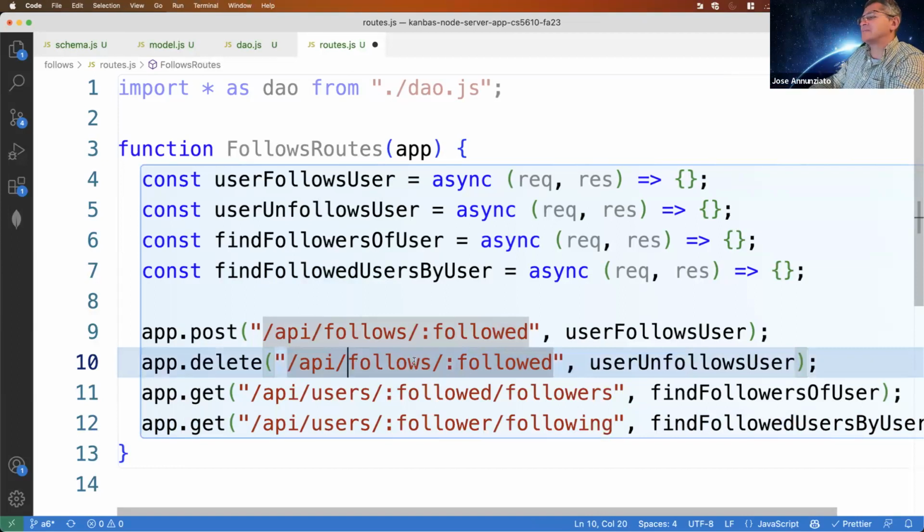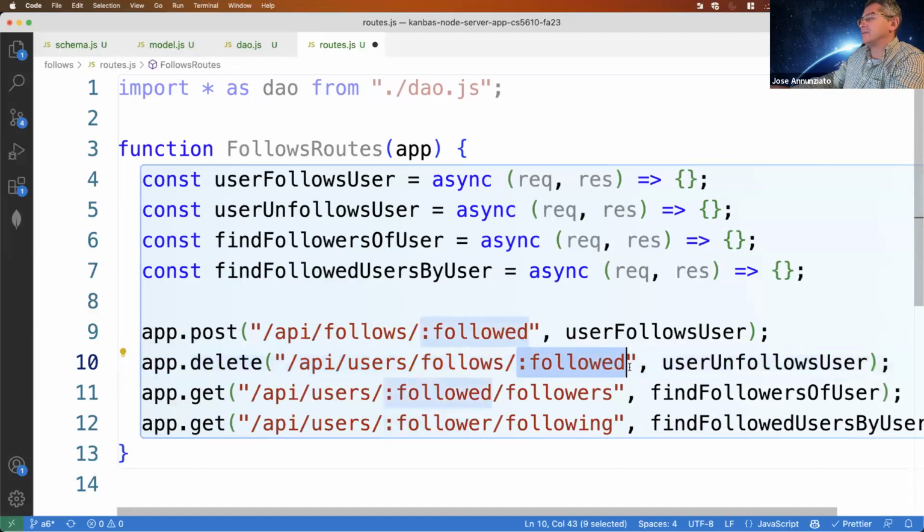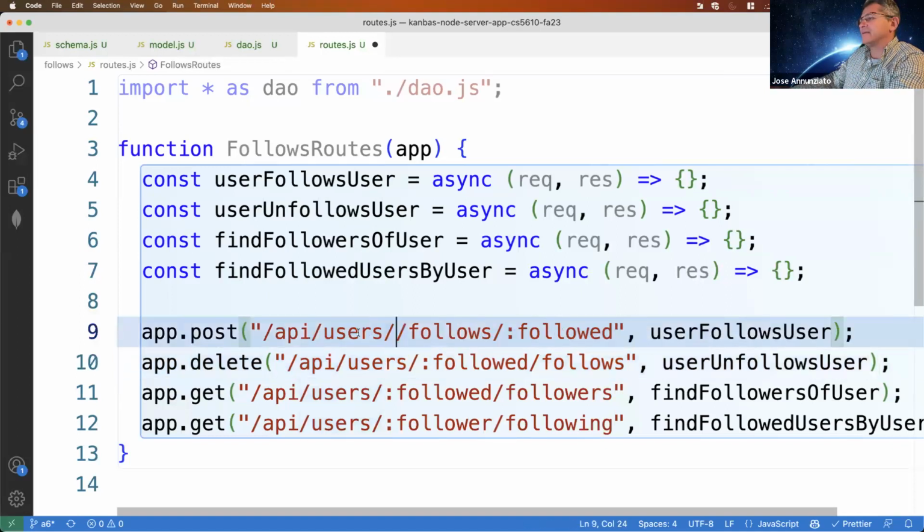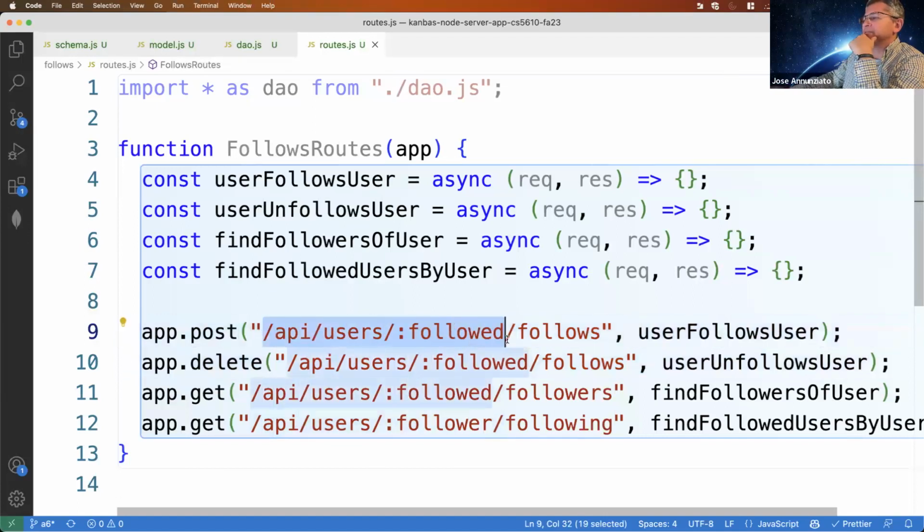Okay, so I like maybe this users, the followed, right? And then follow. There we go. I like that better. And then this would be users like that, and then followed. There we go. I think I like that better. So yeah, this is API users followed, right?